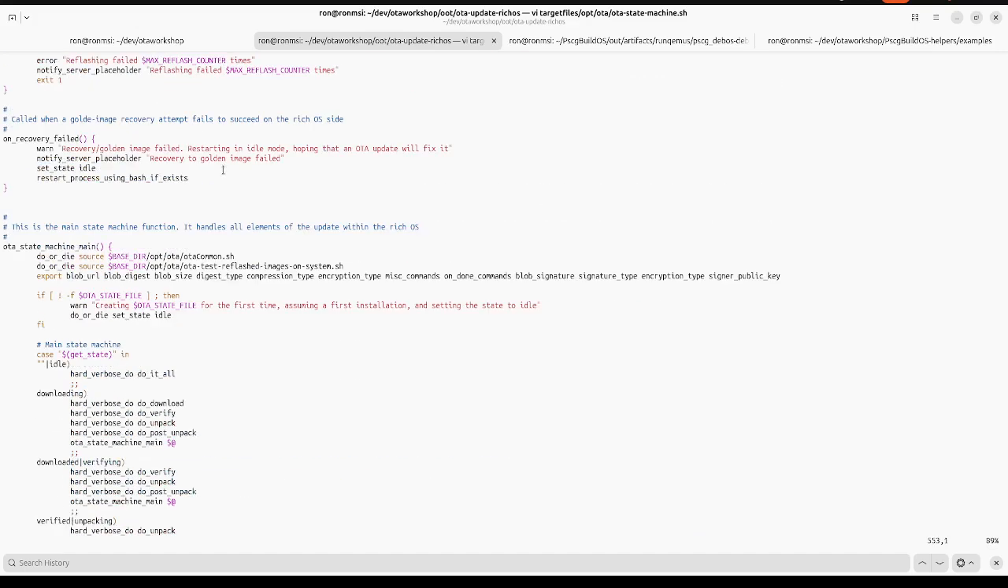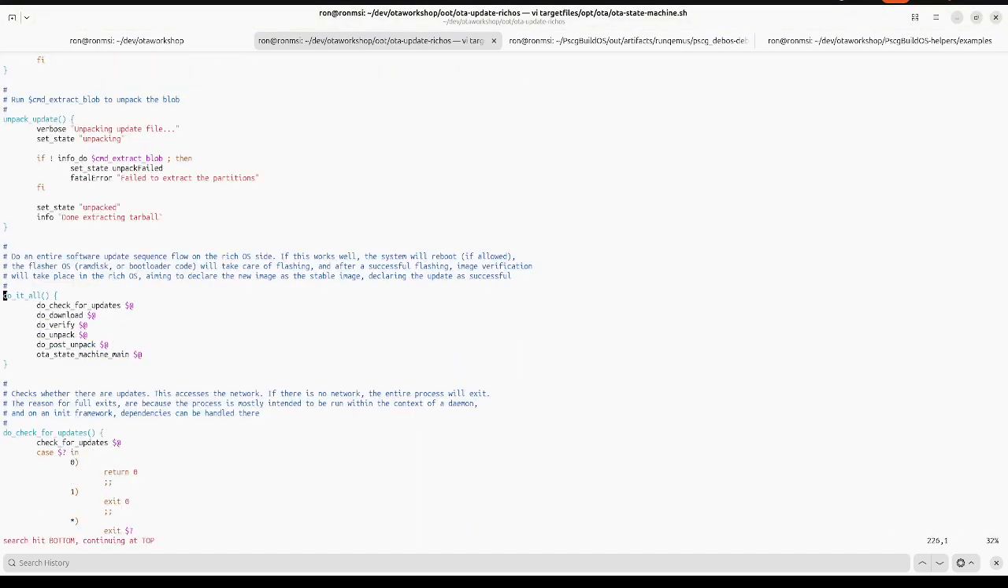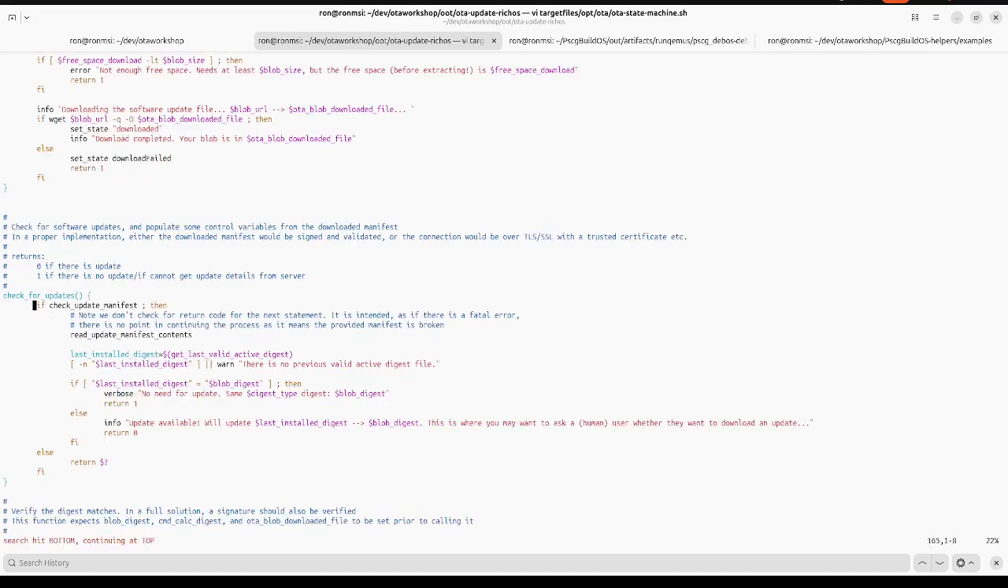So the thing is that, let's look at the do it all function, for example, okay? In the idle state, it will do the downloading and everything. It includes other states. So do it all, it checks for updates, downloads, verifies, unpack, post unpack, and so on. So check for updates definitely requires network, so let's have a look at this. It calls another function, check for updates. Now here we have check update manifest,